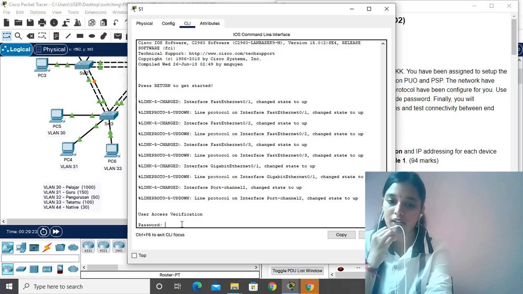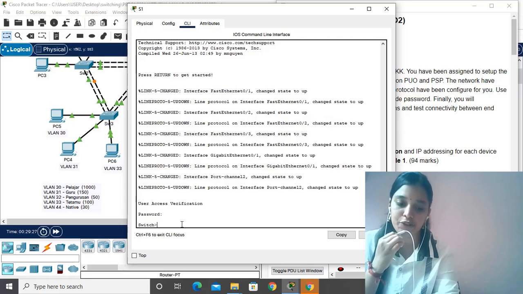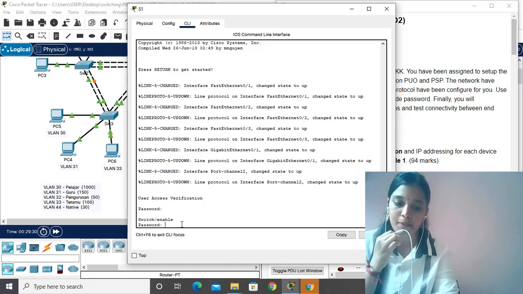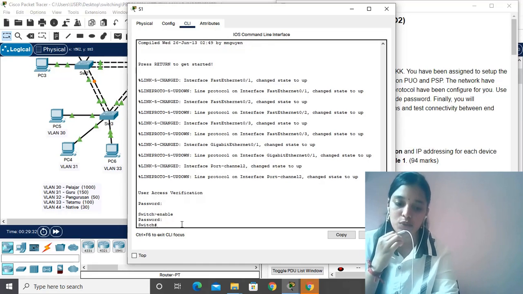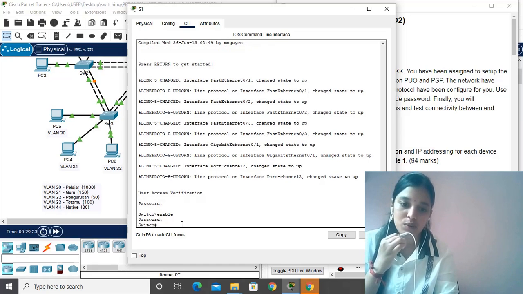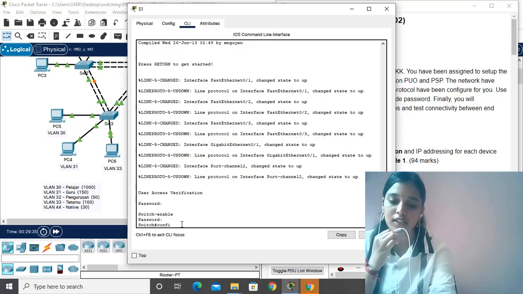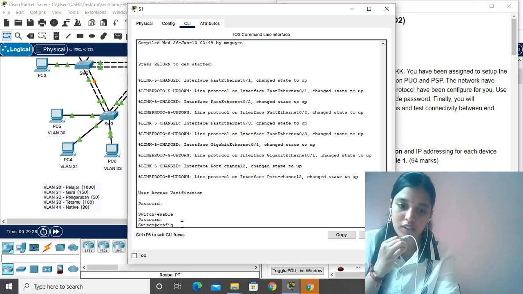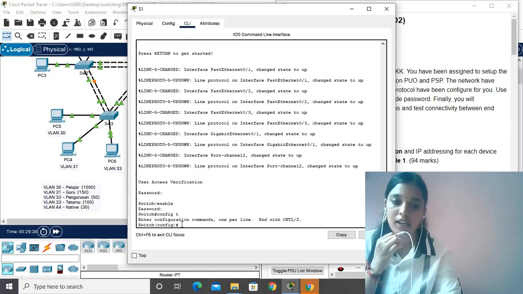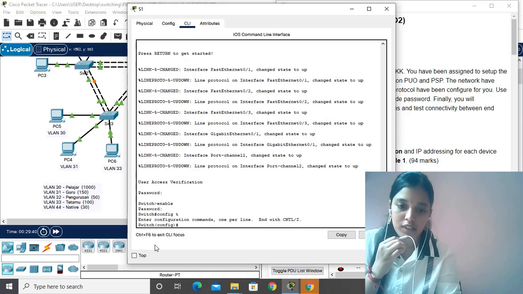So we write the password in small letter QW, and then they show switch enable, password QW again. Switch, you must write config T. We should start from the config, so config T, and then switch in config, open bracket and close bracket. You must write there